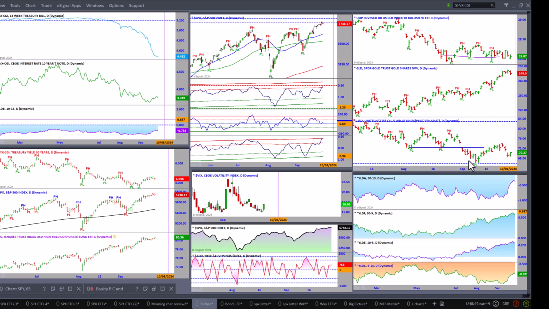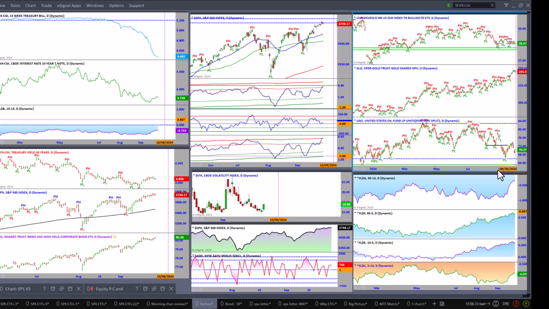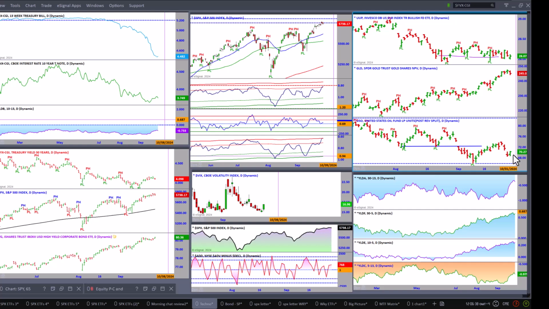And airlines have been doing quite well lately. But oil may be starting to bottom here. It's on some long-term support. As you can see, as I scroll that over, it's not ready yet. Had a good day on Friday.